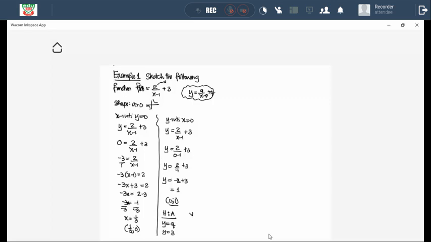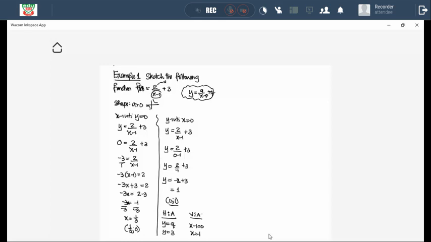I will now come to my vertical asymptote. For my vertical asymptote, I'm going to take the denominator part and equate it to 0. So it means this is x minus 1 equal to 0, which is x equal to 1. Okay, that's my vertical asymptote. So I've got the horizontal asymptote, the vertical asymptote, the x-intercept, and